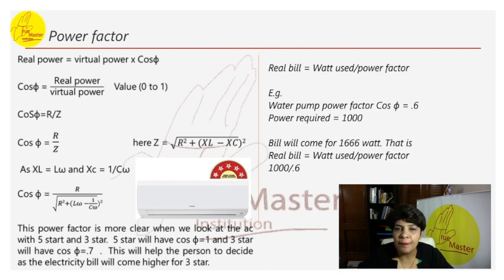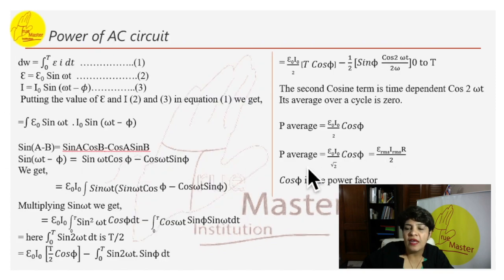Trying to explain the power factor cos phi one more time in this session. Power in terms of potential and current can be written as power is equal to potential into current, that we are aware of, and we have derived the formula for average power is equal to E naught I naught by 2 cos phi. Now we are trying to understand this terminology, cos phi, the power factor, more clearly.